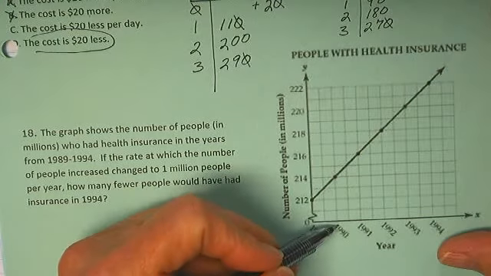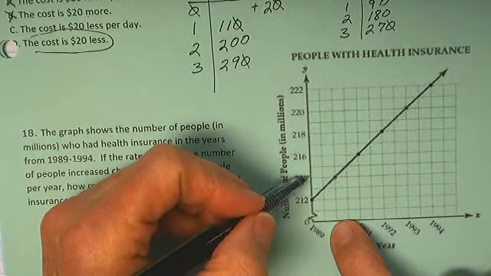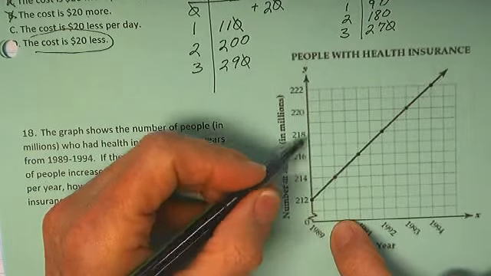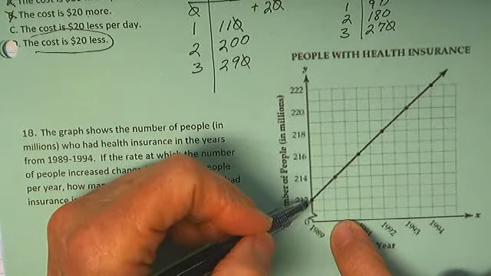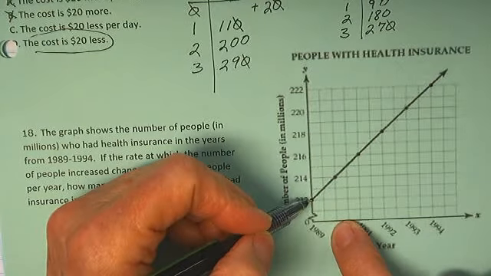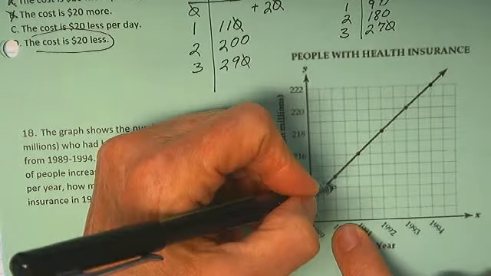From 89 to 90, 1 year, 2 million people. Okay, the rate of change initially is 2 million people. What if it had only been 1 million people? Well then, instead of here to here, it would have been here to here for 1 year,